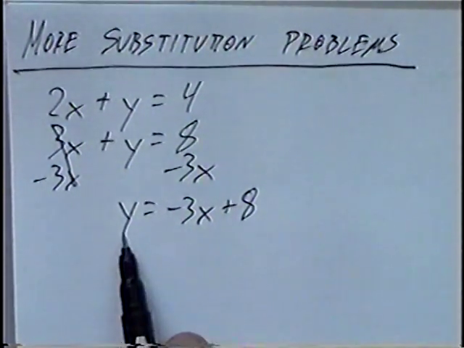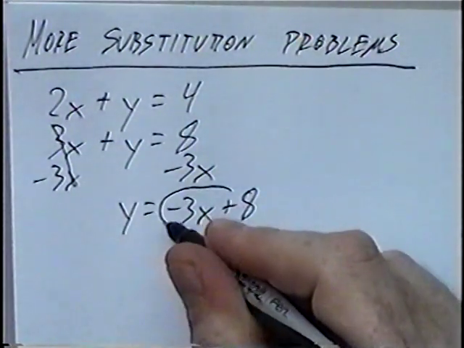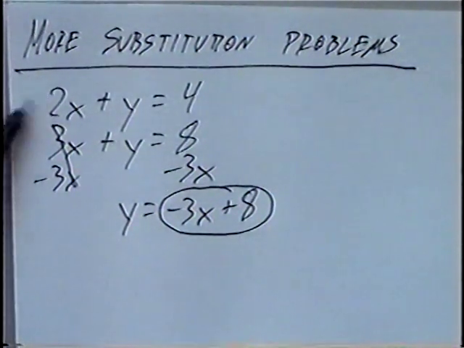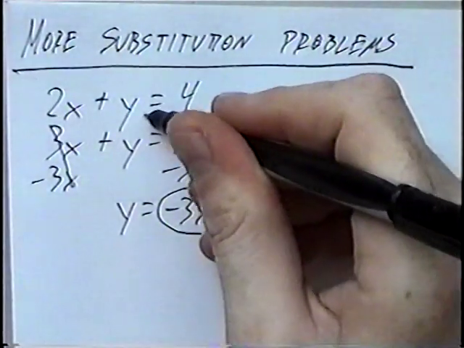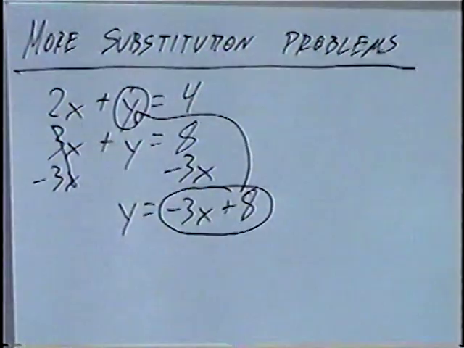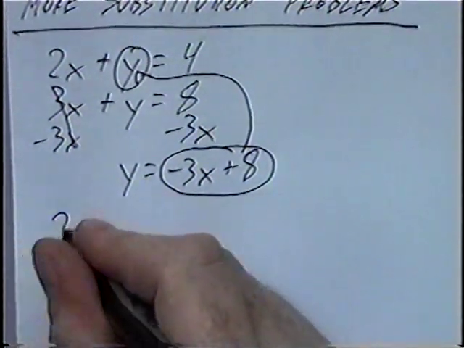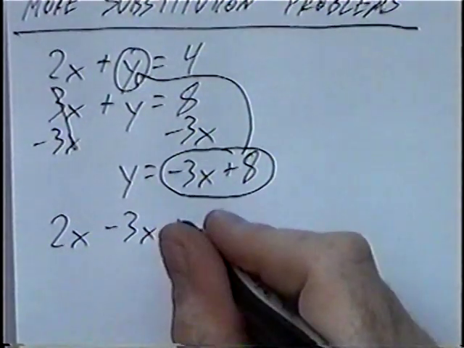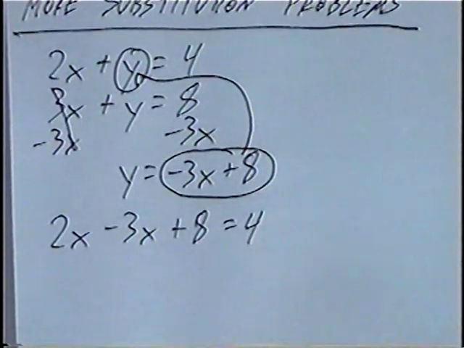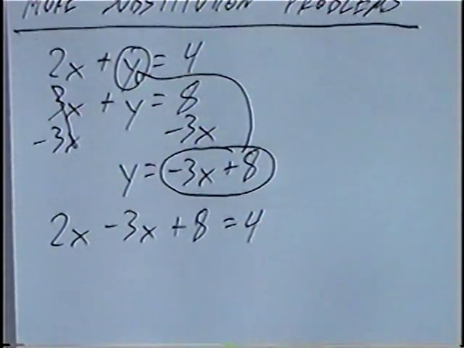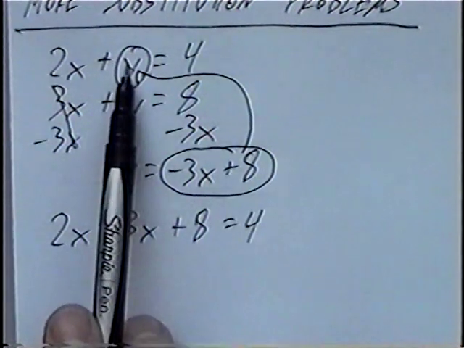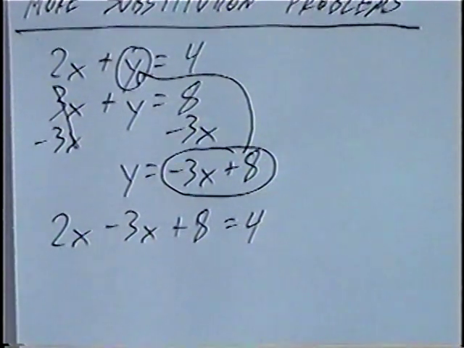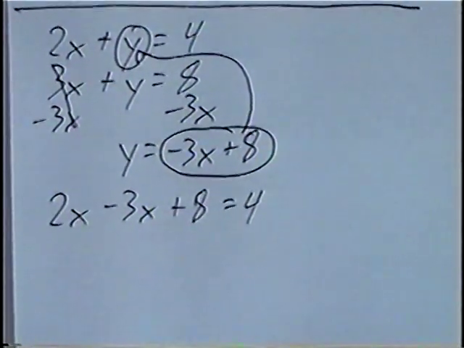Once you have a variable isolated, y equals -3x plus 8, we can take this expression, plug it into the other equation that we have not used, and substitute for that variable. So the first equation, 2x, but instead of y, we'll have -3x plus 8 and equals 4. Make sure when you substitute that you substitute into the other equation that you did not use and never plug it back into the original equation that you used for substitution. Solving this